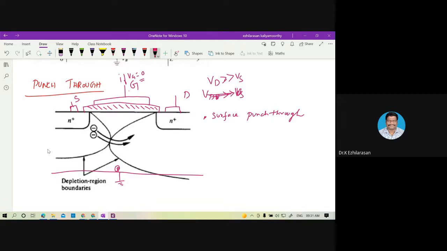So when the channel length L decreases, the punch through voltage rapidly increases. Now the channel length L decreases in the short channel case. If the channel length decreases, then punch through voltage rapidly increases. So in the short channel device, due to the proximity of the drain and source, the depletion